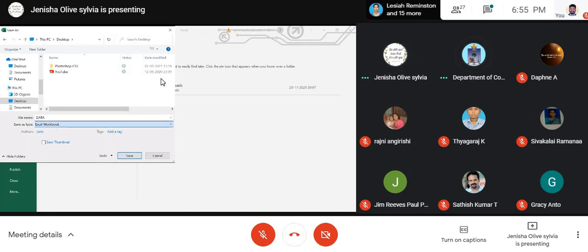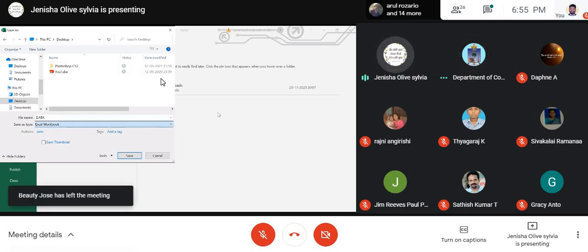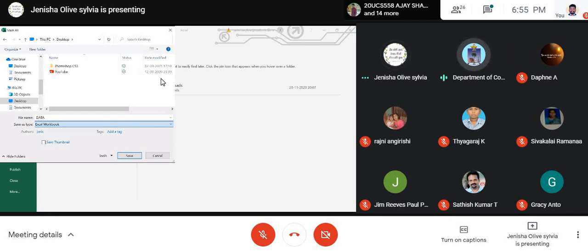You don't have any values, pa, other than that? Janisha? Sir? You don't get anything there? No, sir. Save as type. I'm getting Excel workbook, Excel macro-enabled workbook. Yeah, that's what, ma. There will be a file name called CSV delimited. Choose that.